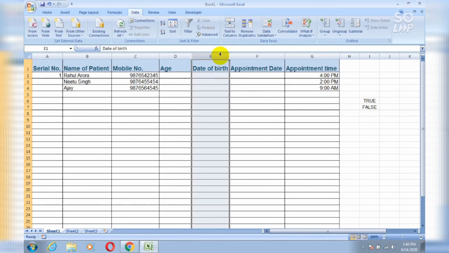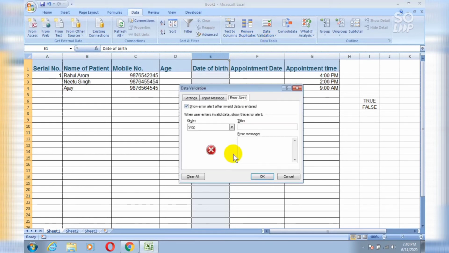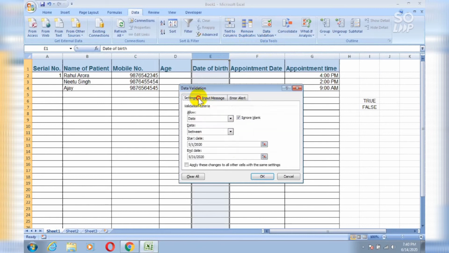Now let's move on to our E column, that is date of birth. Again go to data and then data validation and go to settings. So now here select date and between.